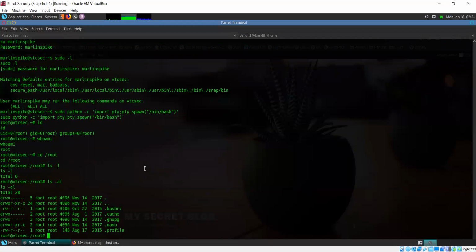Because again, every system is configured differently, right? Everyone is going to have different settings for their systems, and of course for the users as well. So there are different techniques, different ways to do this, and we'll be looking at them as well. Don't worry about it. Anything else? No, sir.